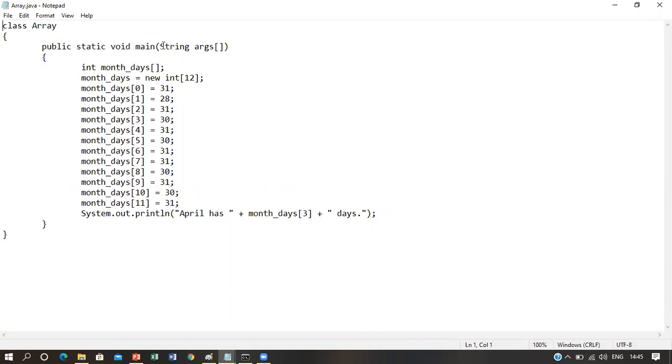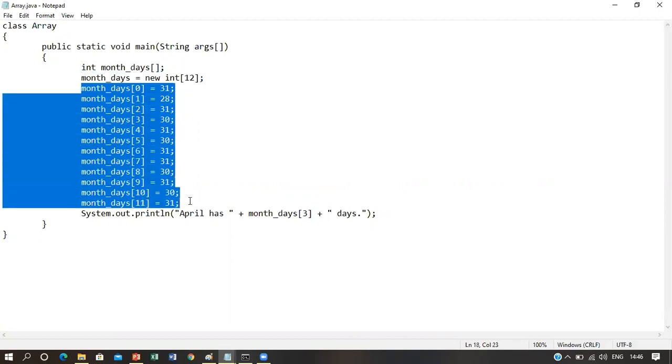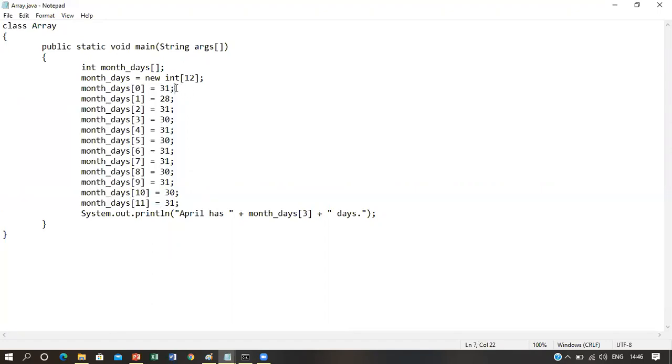So this is the main method, and inside this main method we have first declared an array month days in this statement, and in the next statement we have allocated memory for this array using the new operator. And in the next 12 statements, we have put the number of days count of each month into each array element.